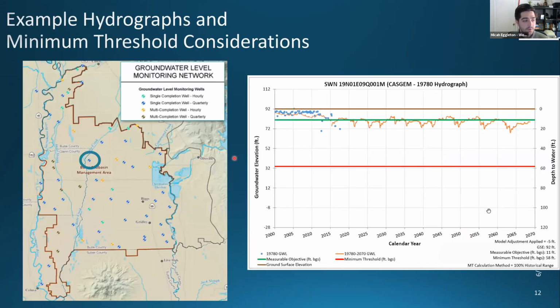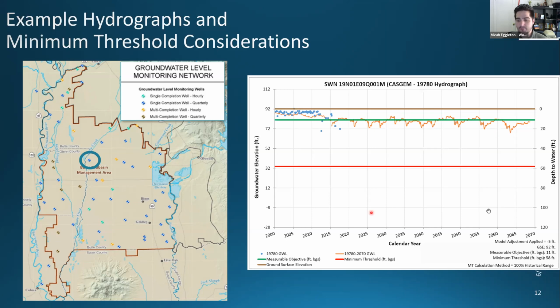So let's go over 2 example hydrographs, this being our first one. If you remember, we have those 2-step processes. On all the hydrographs that we export, we provide the eventual method and how it was calculated for the particular well, the thresholds, down at the bottom of each hydrograph. So when we see the final ones in the report, it'll also include how those thresholds were set. For this one, the green line is around the last 5 years of measurement data, these blue points. This orange line is the model data out to 2068.